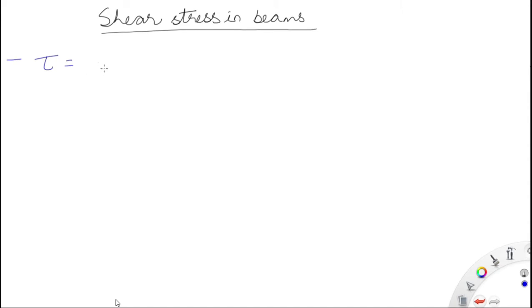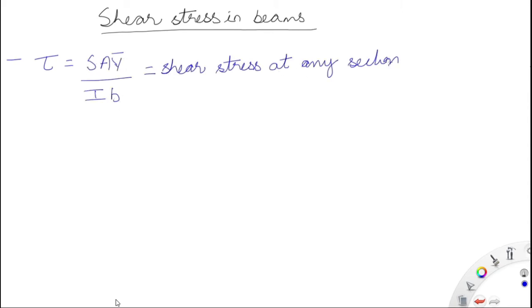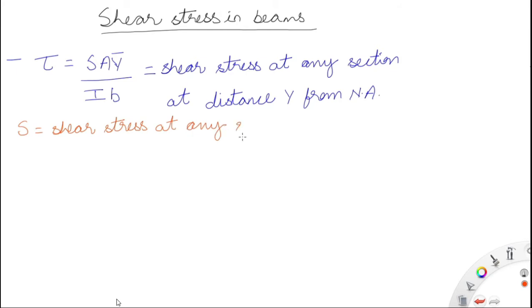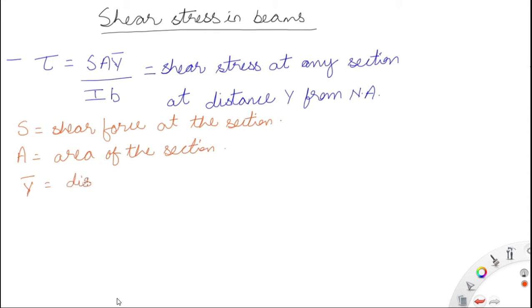Now in this chapter we will study the shear stress distribution across the cross section. So tau is the shear stress induced due to the shear force S. S is the shear force, A is the area of cross section, y bar is the distance of centroid from the neutral axis,